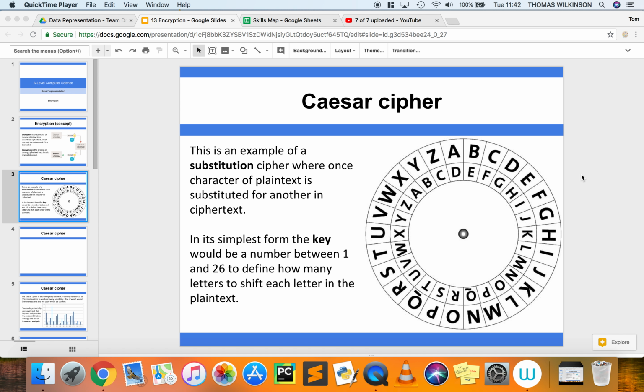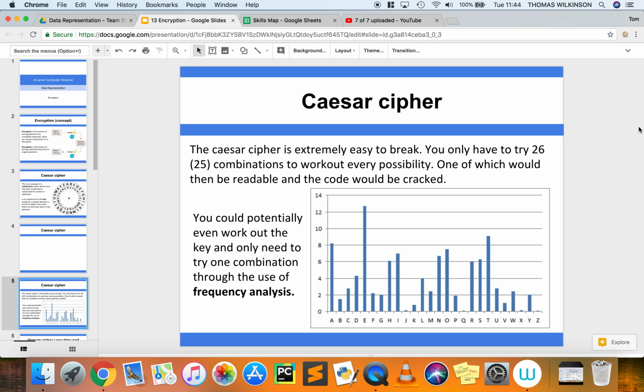Well, for starters, you only have to go through 25 combinations to actually work out every possibility, at which point the code would be readable and very easy to crack. Another thing is that you could apply a frequency analysis distribution across the letters themselves, because we know that vowels, like A, E, I, O, U, are going to be used more frequently than consonants like X and Z. And if we apply that to a longer piece of text, what we will then see is that that piece of text will show a certain frequency for different values that we've